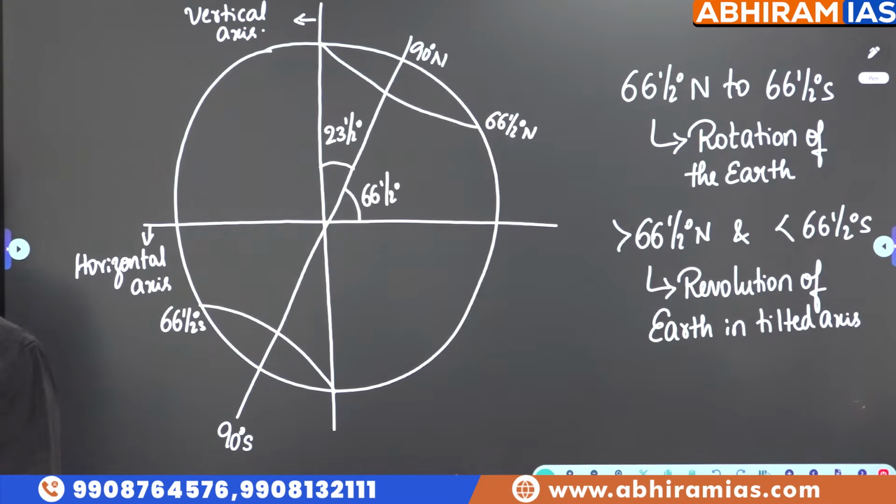So already they have asked once. Day and night is due to what? Day and night is due to rotation of the earth and revolution of the earth in tilted axis. It has nothing to do with revolution in elliptical orbit. Okay. So this is one. Second,